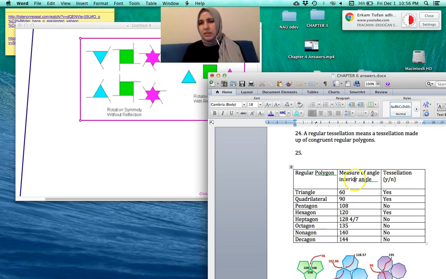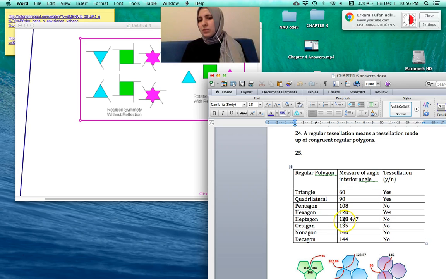The measure of the interior angle for a triangle is 60, tessellation, yes, we can make a tessellation. What about the quadrilateral? The quadrilateral's interior angle is 90 degrees, and tessellation can be used for it. The pentagon, the interior angle is 108, but we can't make a tessellation. And hexagon 120, and we can make a tessellation. The heptagon,